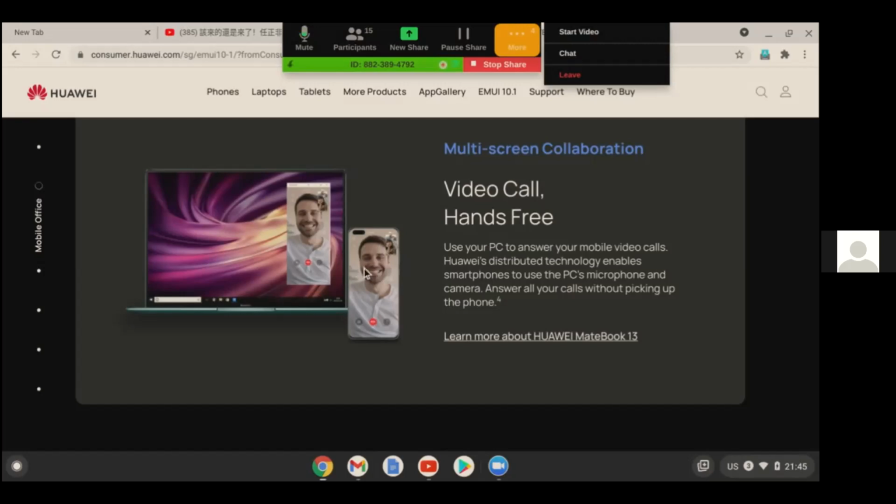I think it all goes by the near field contact kind of thing. So as long as you bring your phone close to your laptop, it will link up by itself. And it is all because of its proximity kind of connection. That's why we call it the near field connection. Just like you put your handphone onto your printer, for example, and you click onto a document that you want to print, and the printer will be able to print it.